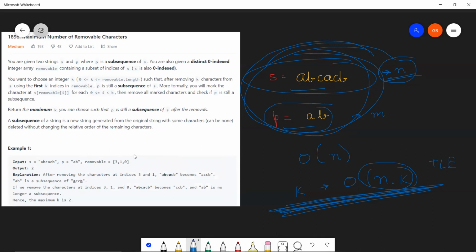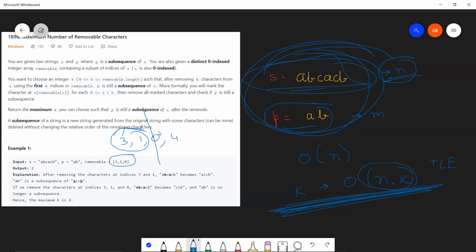What you're going to do is divide this removable array again and again. Let's say you had this removable array such as 3, 1, 0, 4. You divide it, you try this combination. Let's say that you remove the characters at index 3 and 1 from S, and still the subsequence was being maintained.